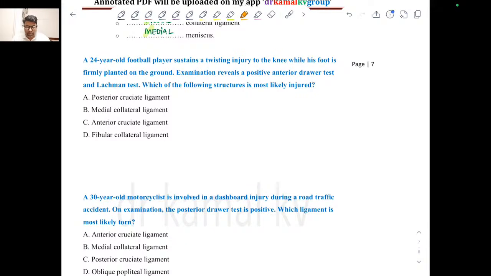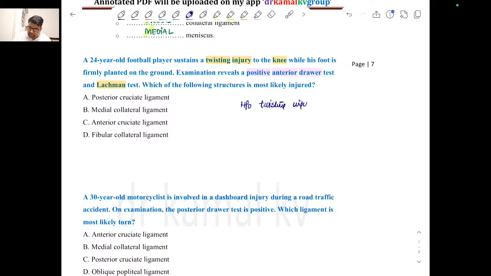A 24-year-old football player sustains a twisting injury to the knee, okay, while his foot is firmly planted on the ground. Examination reveals a positive anterior drawer test and a positive Lachman test. So which structure? I think everyone can answer this now. So there is a history of